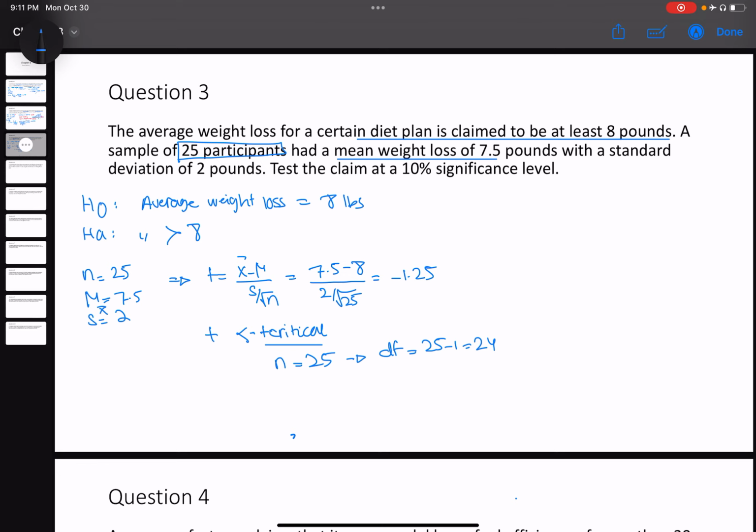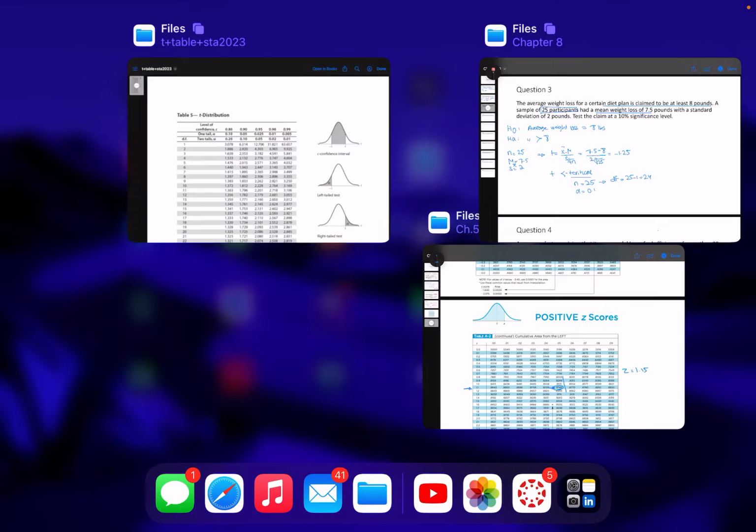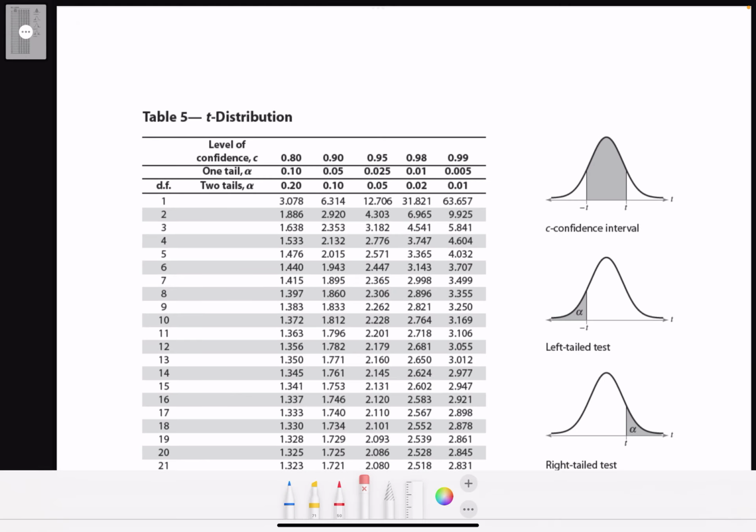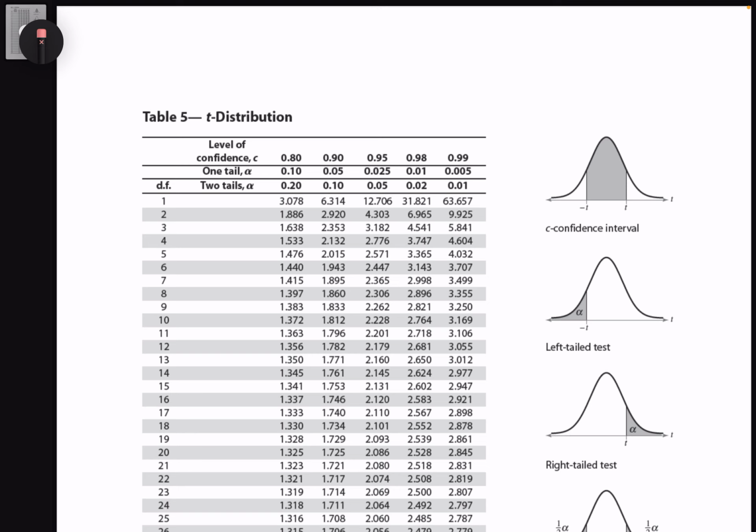At a significance level of 10%, alpha equals 0.1. We can simply go to the table and get the t-critical for these values of n and alpha. For df equal 24,